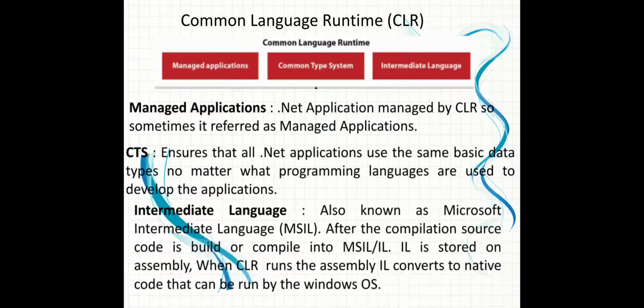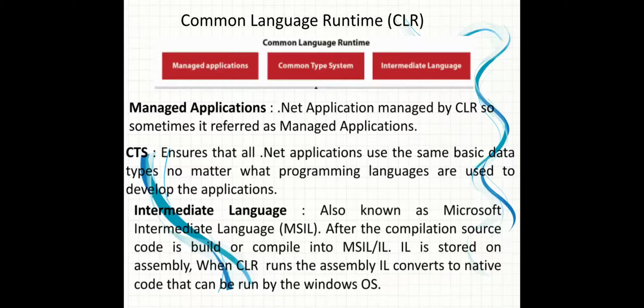Intermediate language is also known as Microsoft Intermediate Language, MSIL. In Visual Studio, in the .NET framework, whenever we build our source code, it compiles the source code into MSIL or IL, and that intermediate language code is stored in the assembly.